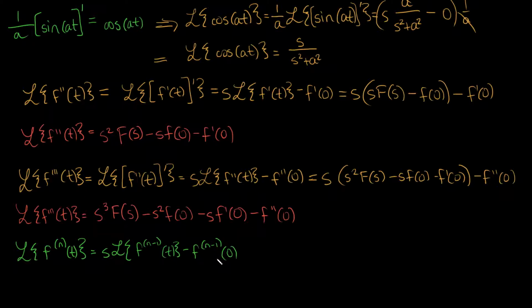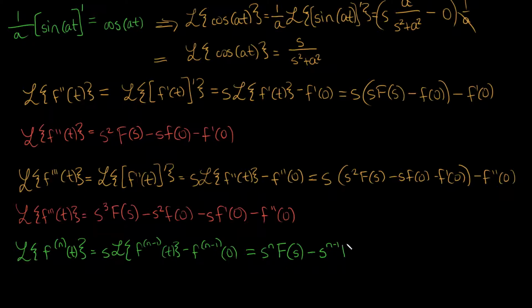Now, just like we had when we were doing polynomials, we have this recursive relationship. And we can leverage it to see what's going on. Because what we see is that anytime we have the Laplace transform of a derivative, like f triple prime of t here, we just have s times what came before it minus that derivative. And what we're going to get then is that we have n s's on the first Laplace transform term, so s to the n times the Laplace transform of your function, minus s to the n minus 1, because this term didn't start with an s, it has one fewer s than this term,